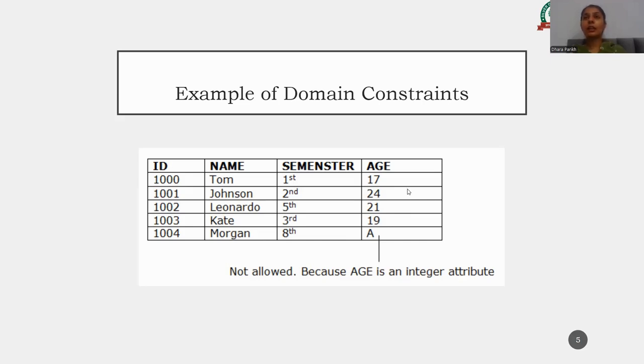It tells us that every column of the table should follow a particular data type. Okay,